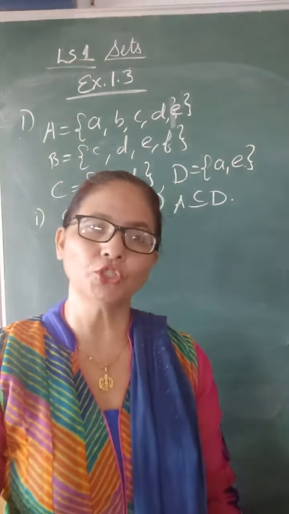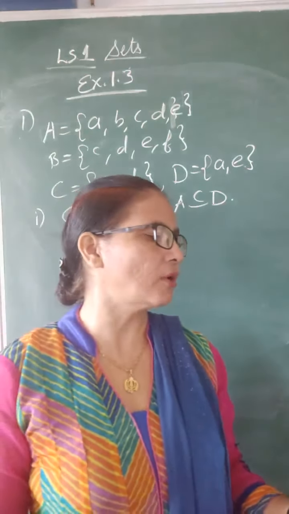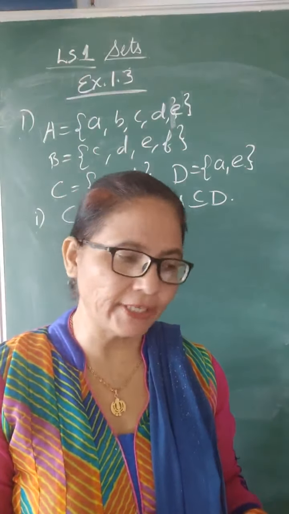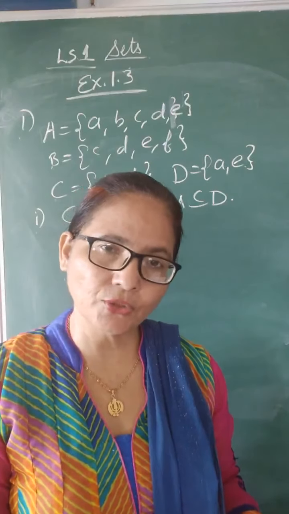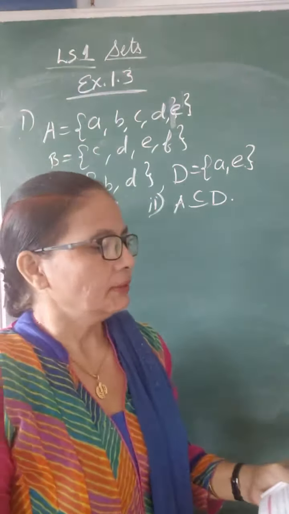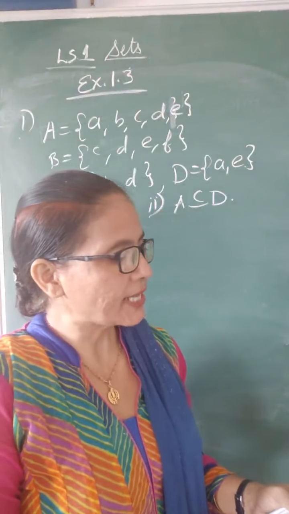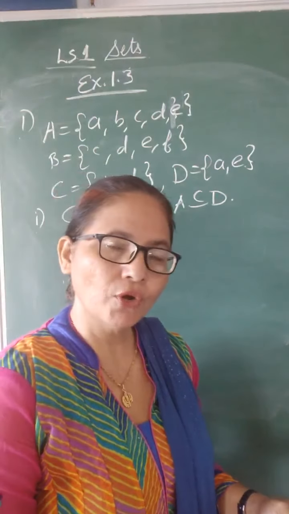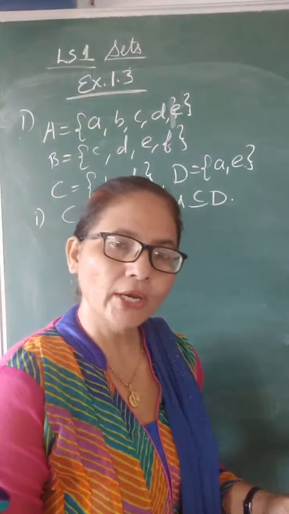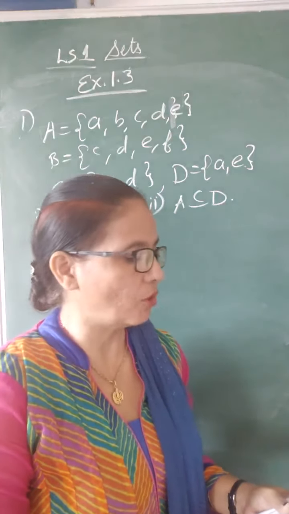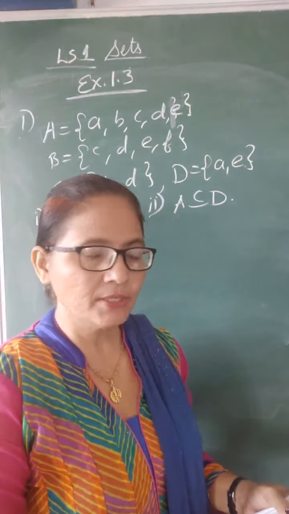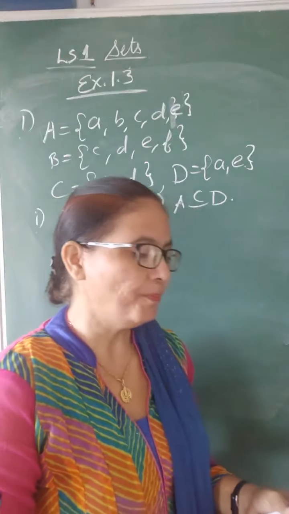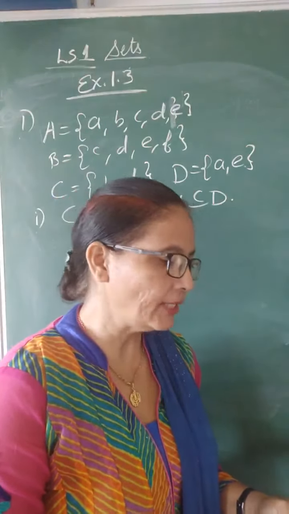Now see question number 2. What is written? Take the set of natural numbers from 1 to 20 as universal set. So you will write 1, 2 up to 20 as the universal set, and the universal set is denoted by capital U. Then show sets X and Y using a Venn diagram. Now remember children, here the set is written in set builder form. So first of all you have to convert set builder form into listing form: X belongs to natural numbers, 7 is less than X is less than 15. So the natural numbers are 8, 9, 10, 11, 12, 13 and 14.